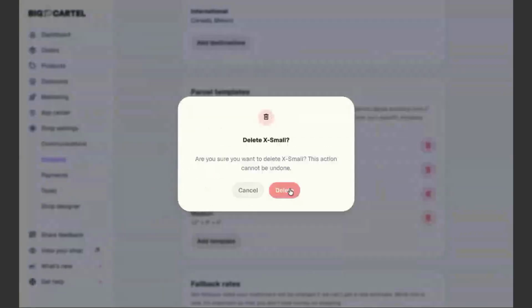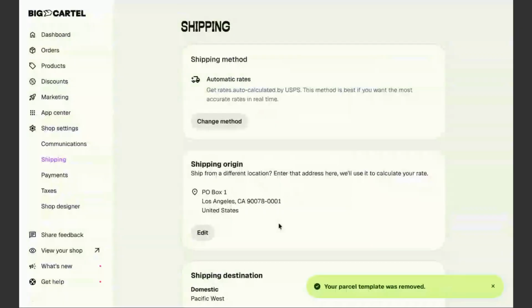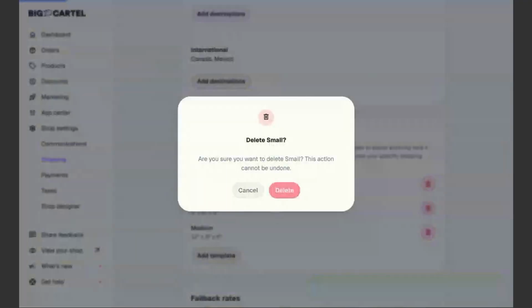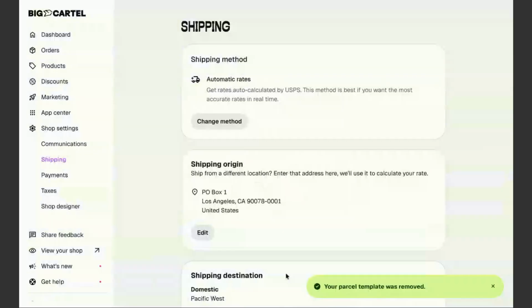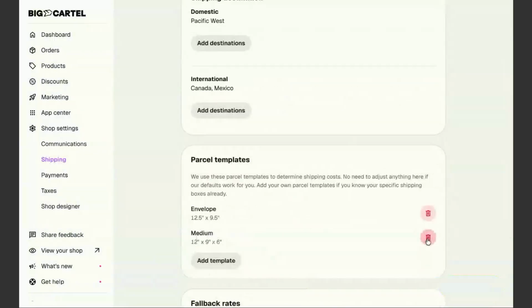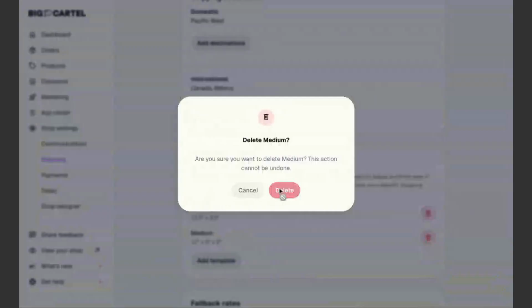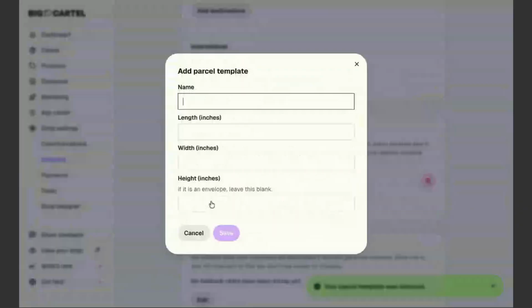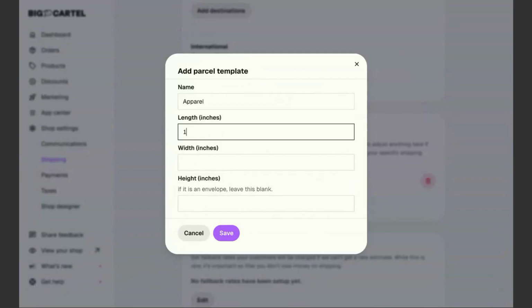Delete that small. And excuse me, the extra small and the small. And maybe I want to give my parcel templates a specific name. Maybe I have this medium size as one of my actual boxes, but I want to name it something specific. Let's just delete it and then re-add it with a different name. Let's name it apparel, because I sell a lot of apparel, we're going to say, like sweatshirts, t-shirts. We're going to just re-add that